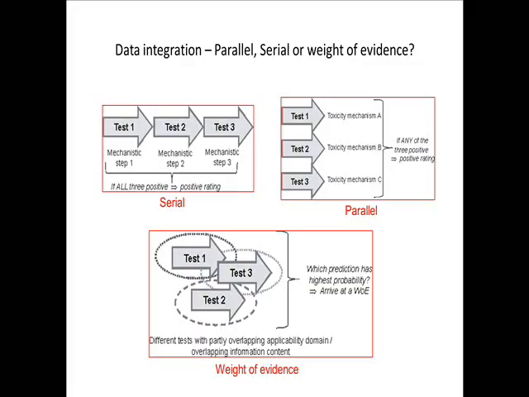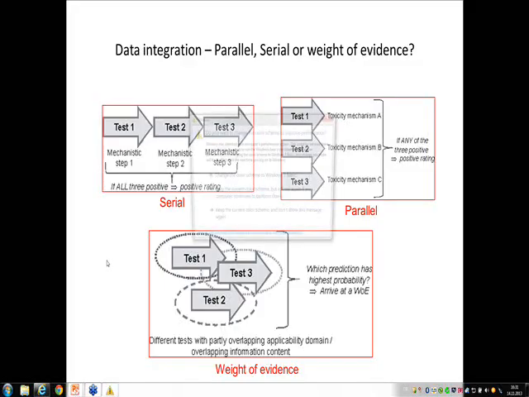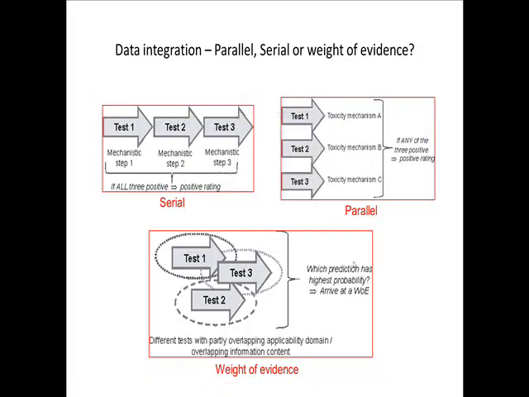If any of these tests is positive, we consider a chemical genotoxic compound. However, the situation is not always that simple, so often we may have a blurred picture because our individual tests will not completely fill one of these boxes. In this case, we may have several partly overlapping tests, and then we will have to arrive at a weight of evidence prediction. What is, given all the evidence of these different tests, our most likely prediction for the